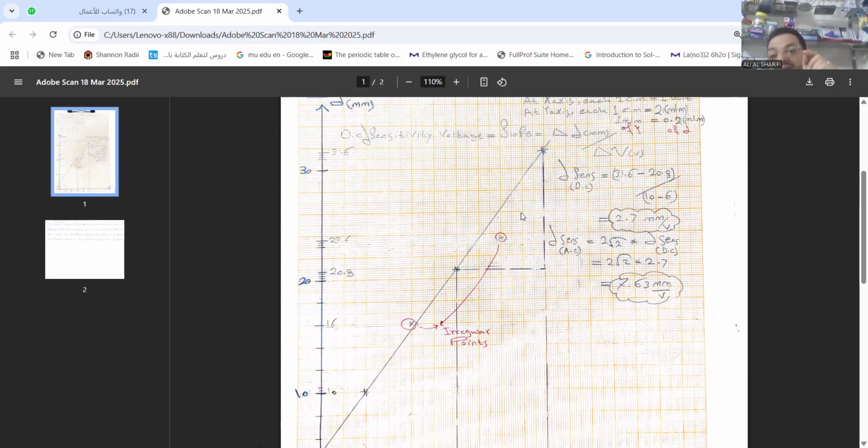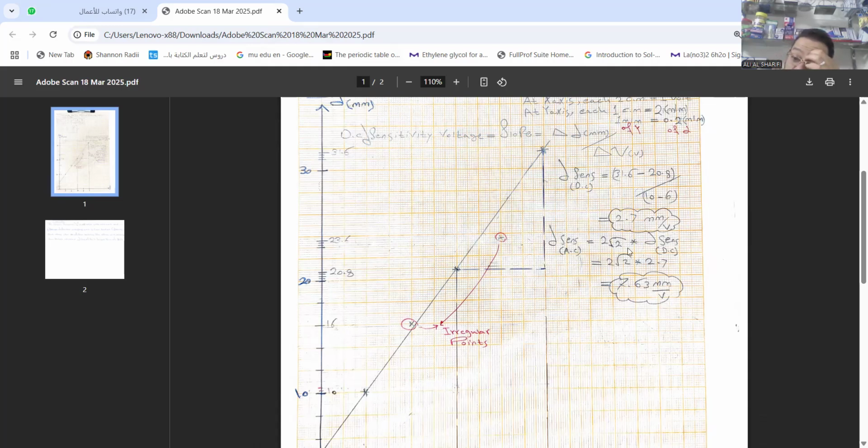So the calculation of the slope is very important. By calculating it, we can find the deflection sensitivity at DC. At last, it equals 2.7 millimeters divided by volt. Now, to find the deflection sensitivity of AC, this result is multiplied by root 2 to be 7.63